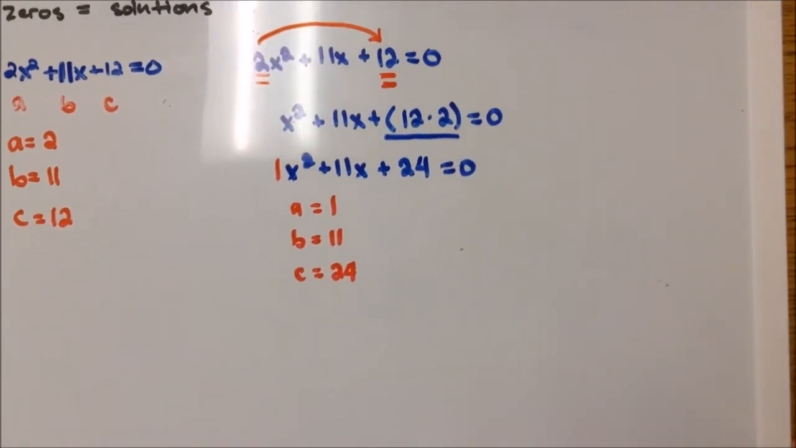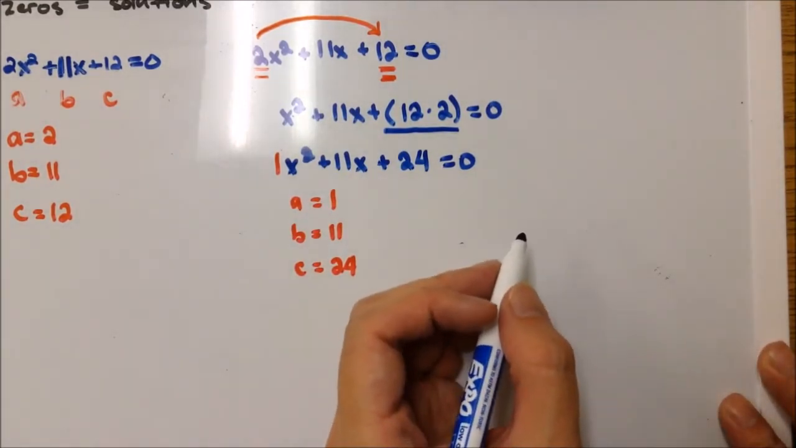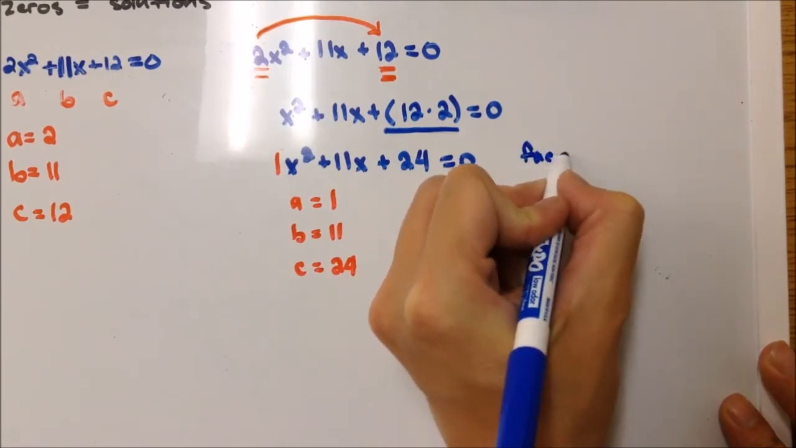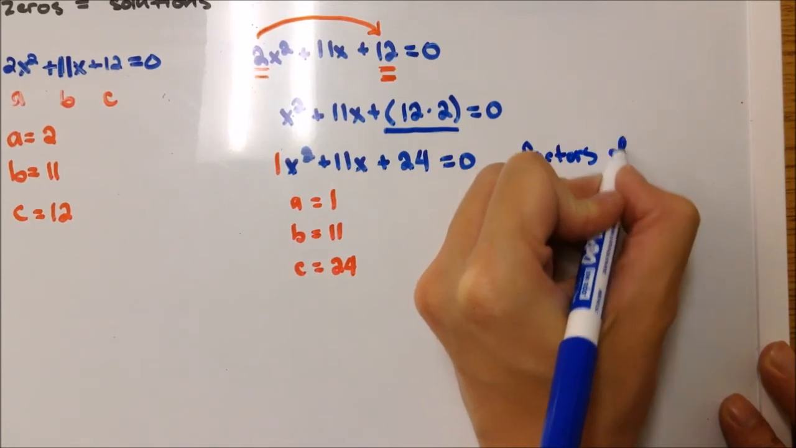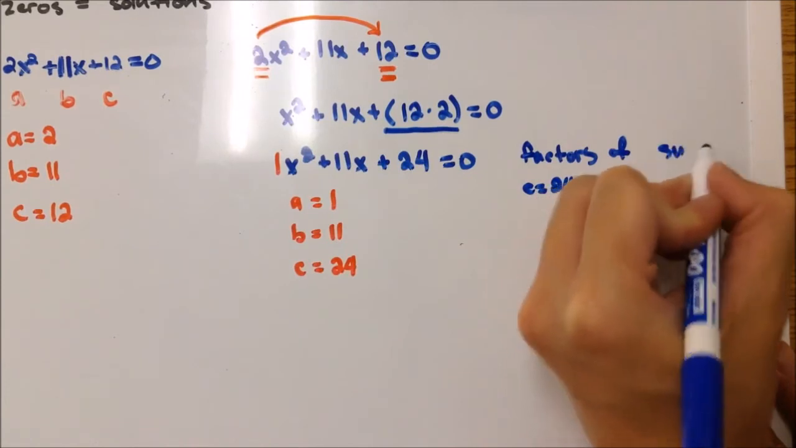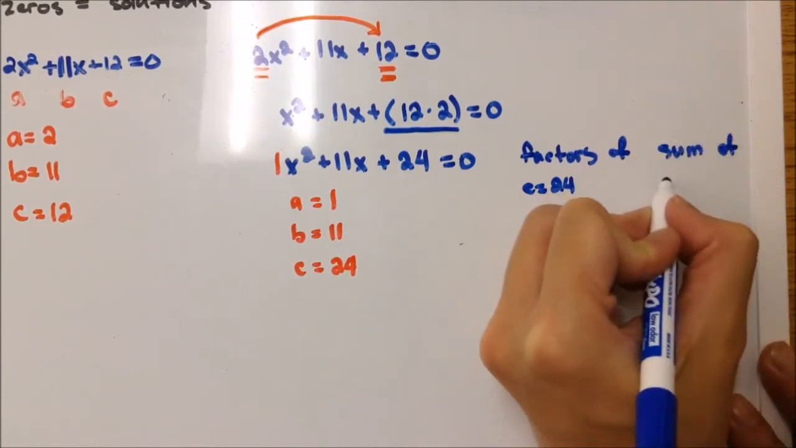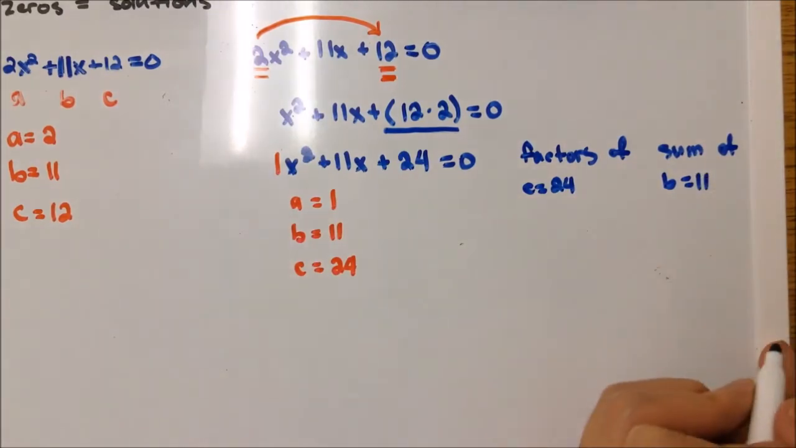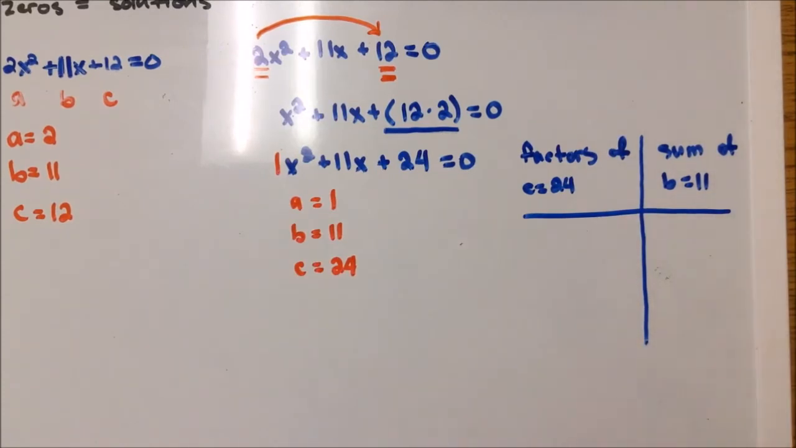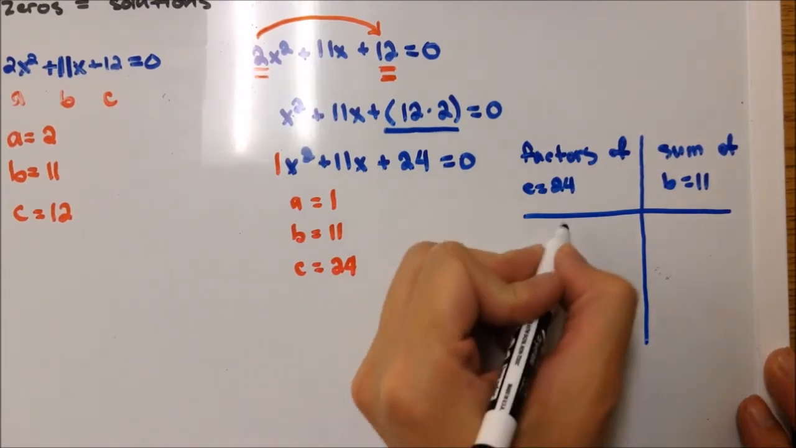I'm going to move to the side, make some more room. So what I'm going to do is write the chart here: factors of c, which is 24, and then sum of b, which is 11. Now we're going to think of factors of positive 24, but the sum is 11. Well, we can try